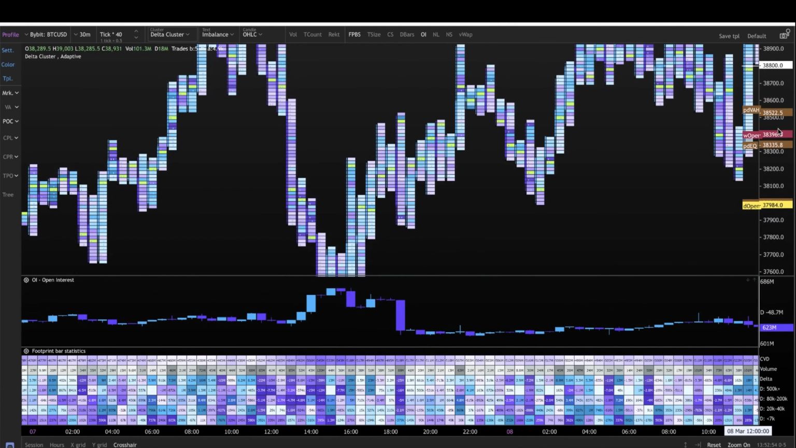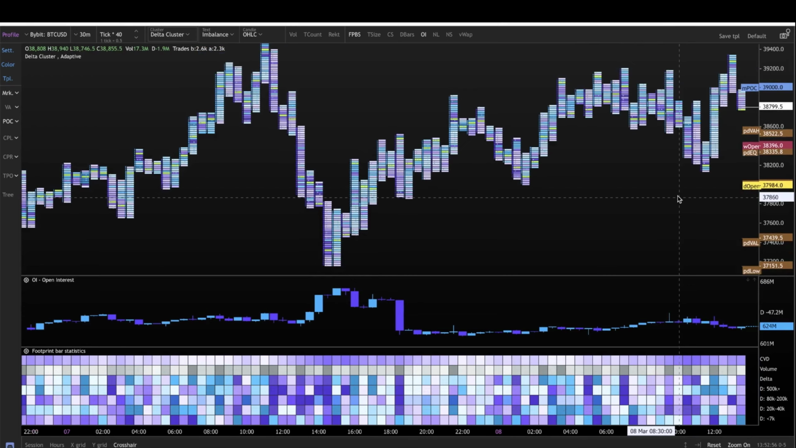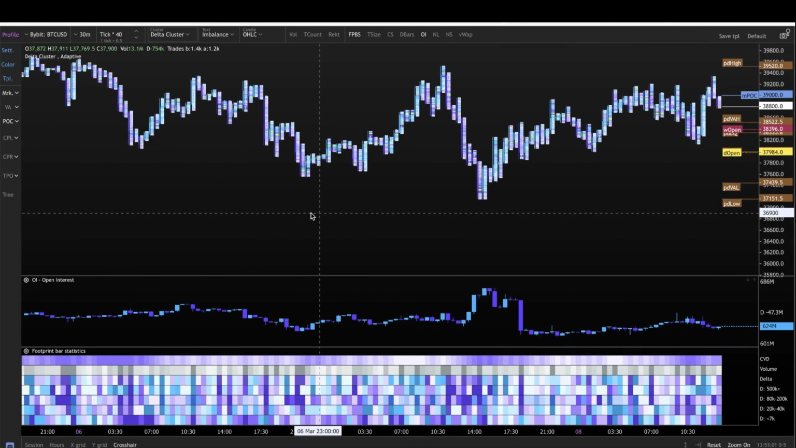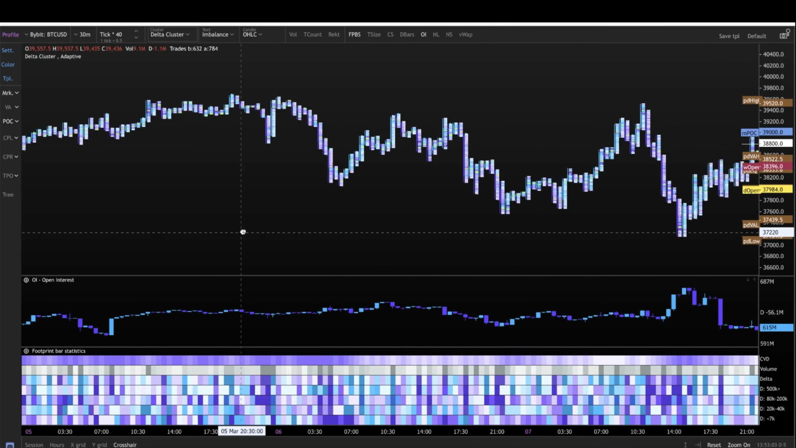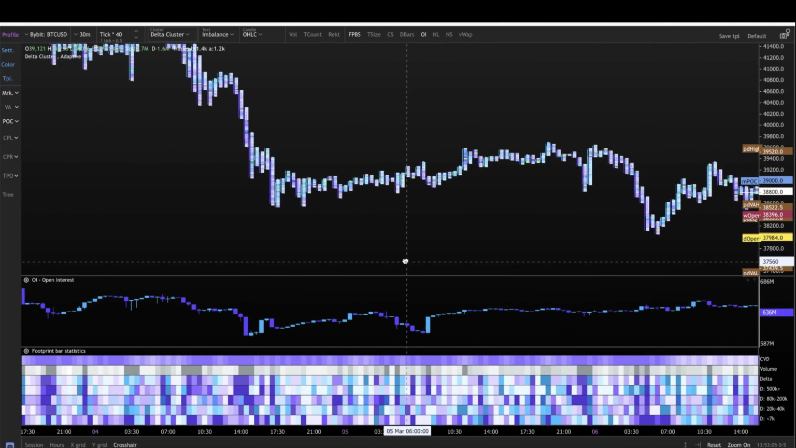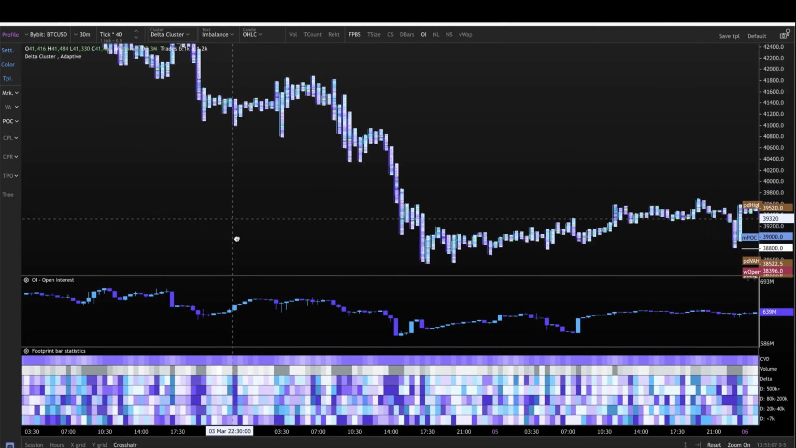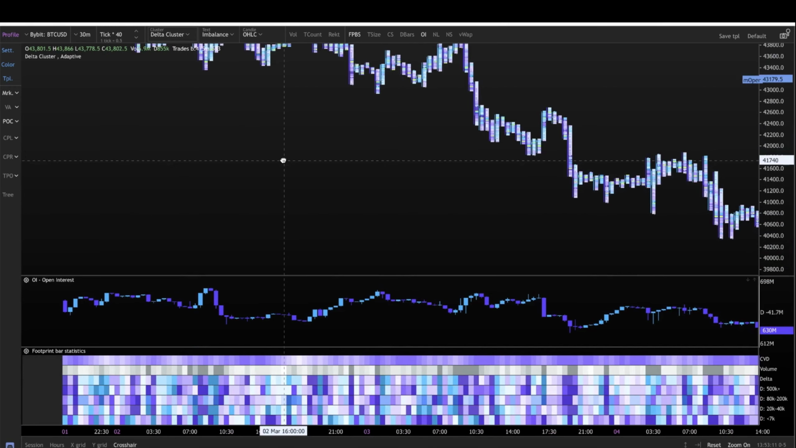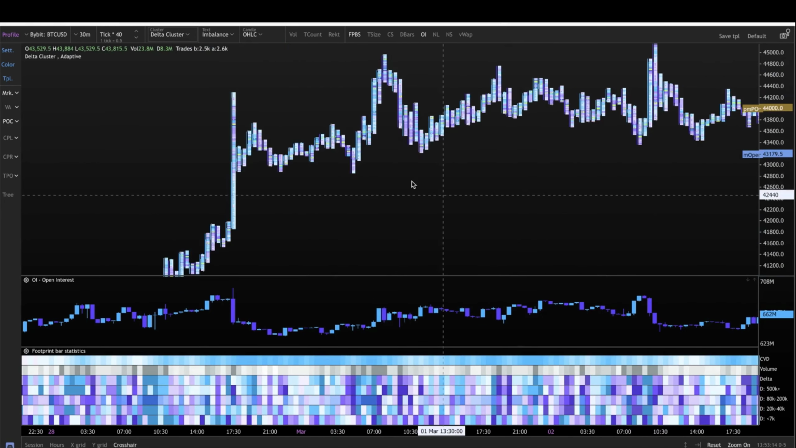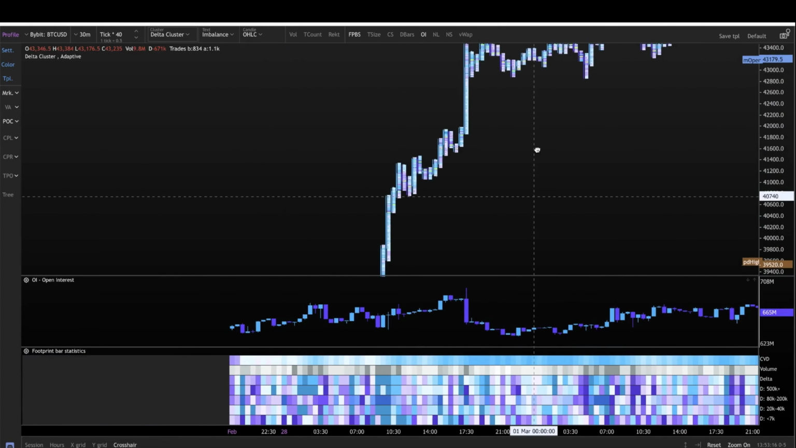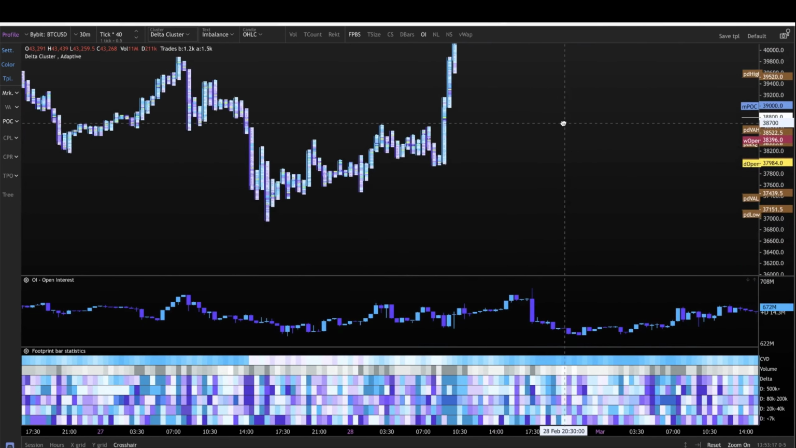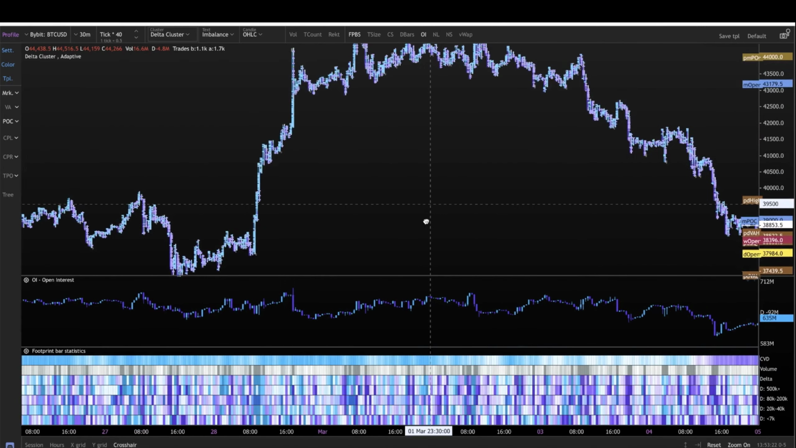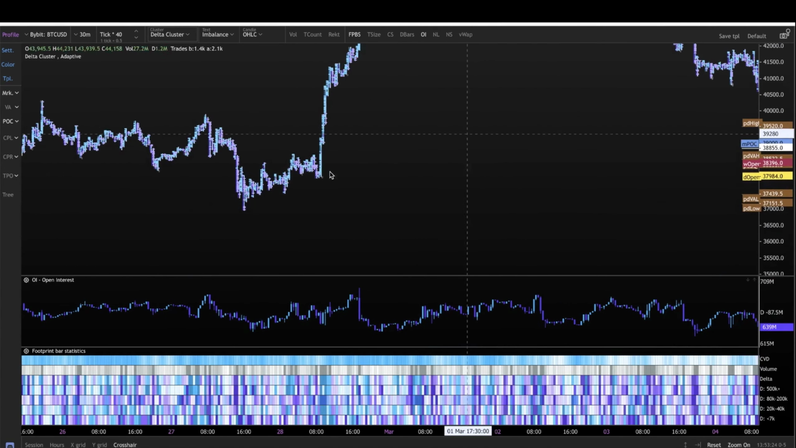And let's find ourselves a nice trend. We've been really ranging. We've been ranging for a long time. So let's try and find that downtrend that we were really in for a long time here. Okay. Well, we need to find an uptrend. Here we are. In this uptrend that we got